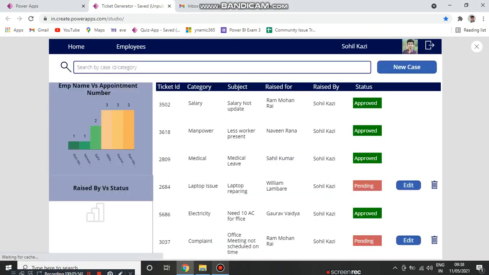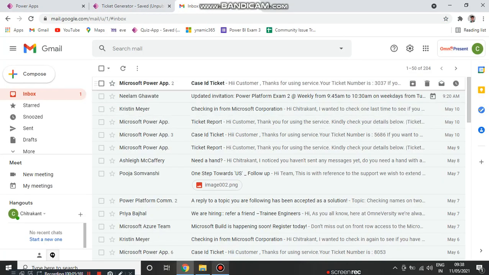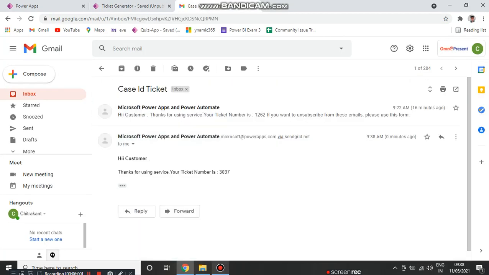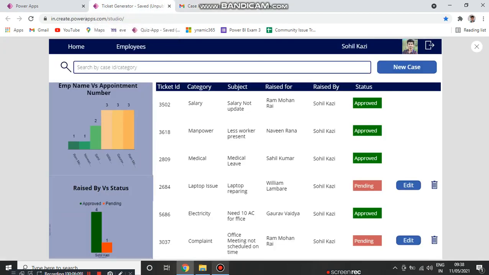So this is the complaint number 3037, and you can see on my mail ID I get the ticket ID number 3037. I'm using Power Automate for getting the mail on my personal mail. So this is what happens in my application.